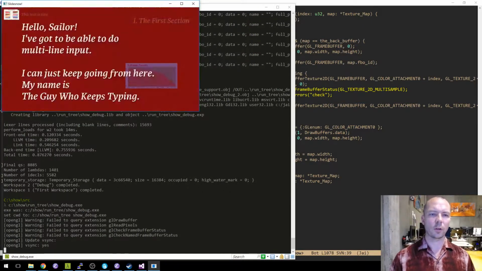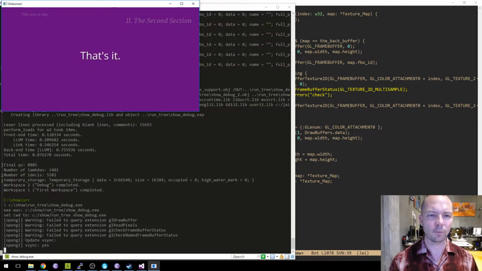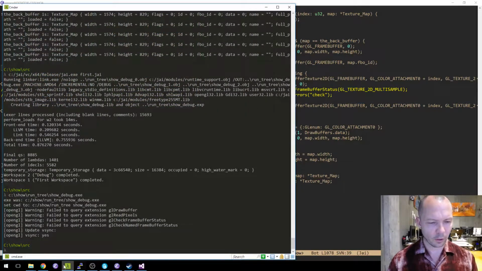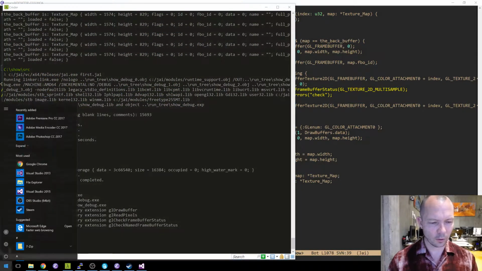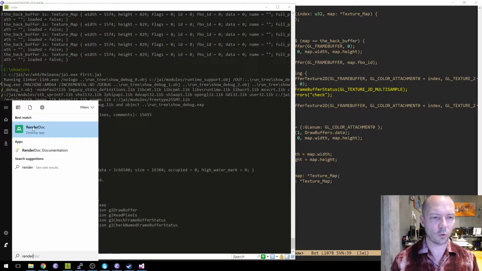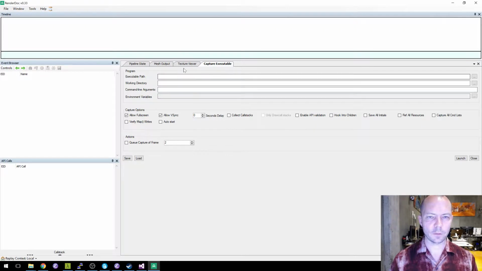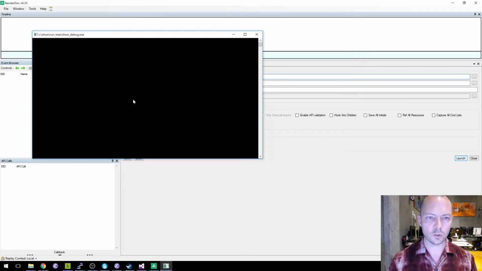So we're in principle drawing to a back buffer. Let's use, what's it called? RenderDoc, to make sure that we have a back buffer. Capture executable, show, run tree, show, debug.exe, launch.